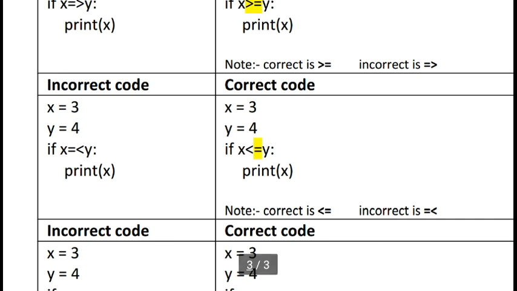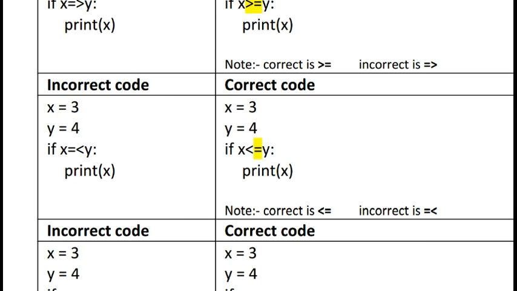Now the next incorrect code is x is equal to 3, y is equal to 4, if x =< y. Equal then less than is not right, it is incorrect code. So what is the right code?